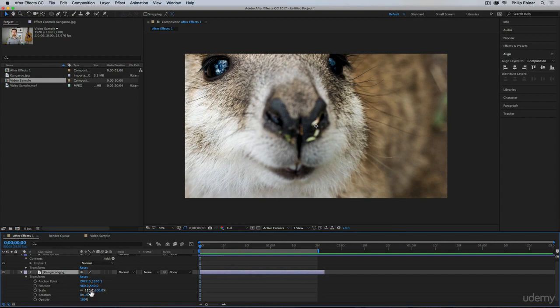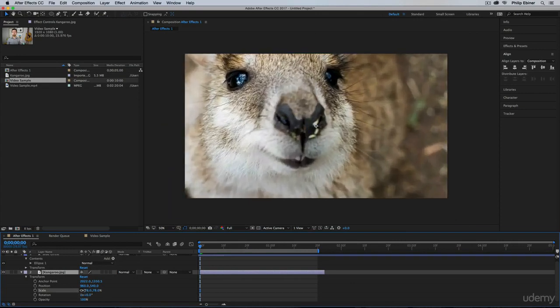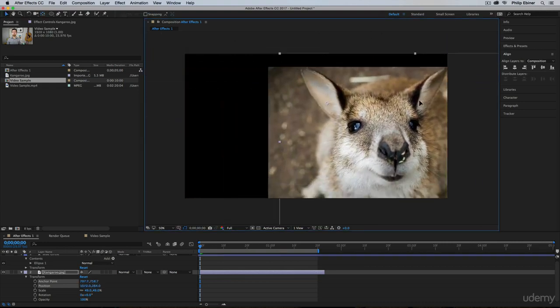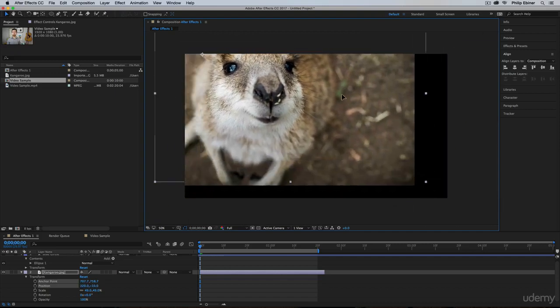We already looked at scale. This is how you scale up or down a layer. Anchor point, we already kind of saw that with the pan behind tool. This is just the representation of it in pixels based off of where it is on your composition here. So if I take my pan behind tool and then I click on the anchor point and I move it around, you can see that it actually moves the anchor point numbers down in the timeline. Back with my selection tool, if I move this photo around my composition, now you can see that the position